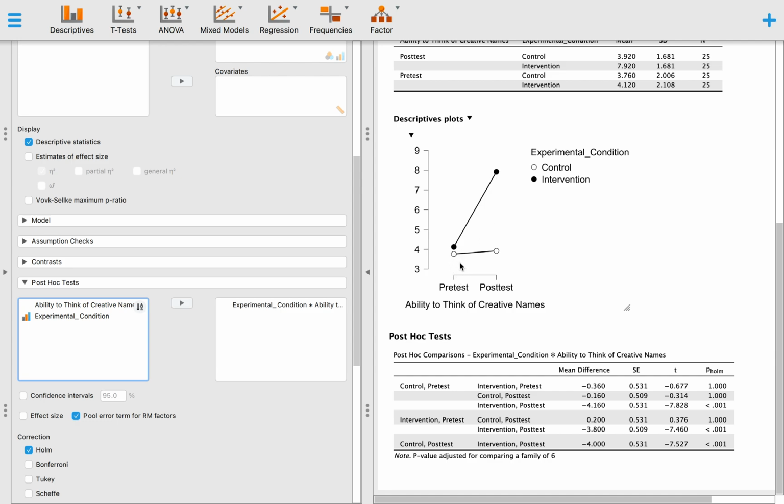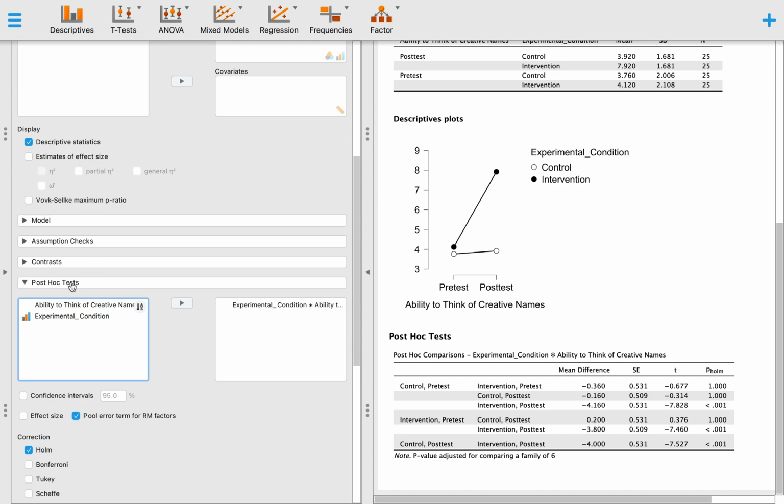One other way to say that is, although these two points don't differ at the beginning, that's the control pre-test and intervention pre-test, they do not significantly differ. In the post-test, the control post-test and the intervention post-test do differ. Those are two different ways of describing the exact same thing. In other words, we see a significant change for the intervention, but not for the control group. Or we see at post-test, these two groups are different, whereas in the beginning, they weren't. I tend to prefer, I think the change score makes more logical sense. I think that's the better analysis to use. Okay,